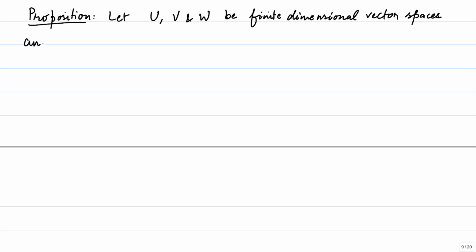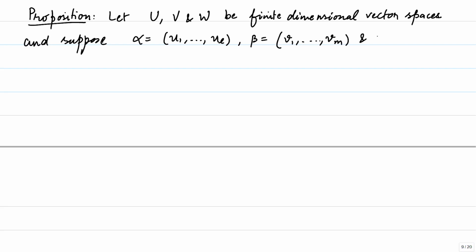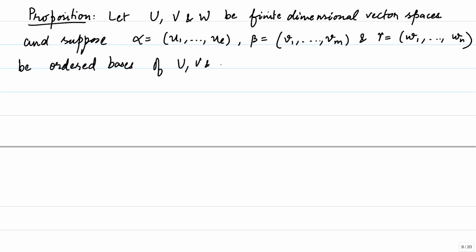So let us fix that, and suppose alpha, which is equal to u1 to ul, beta, which is equal to v1 to vm, and gamma, which is equal to w1 to wn, be ordered bases of U, V and W respectively. Then the proposition states that